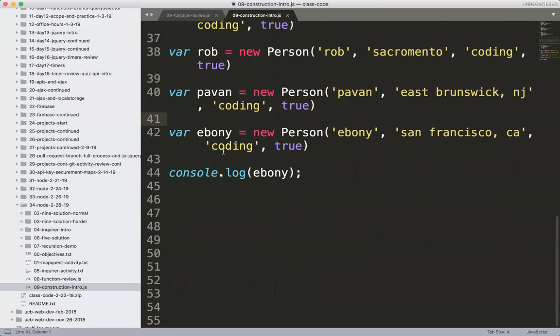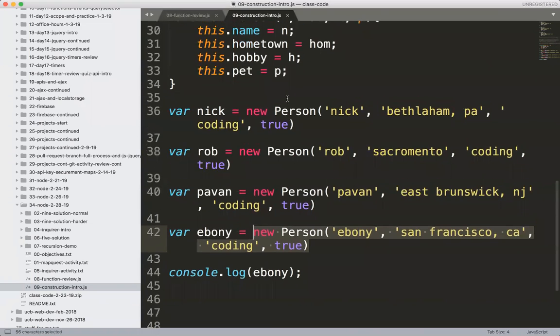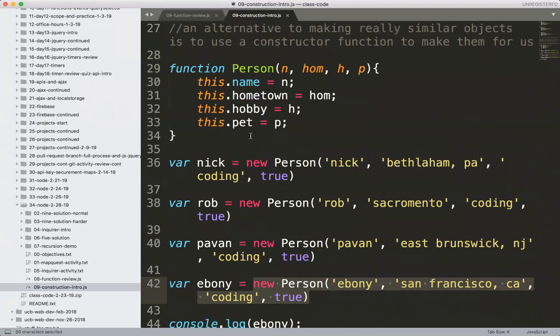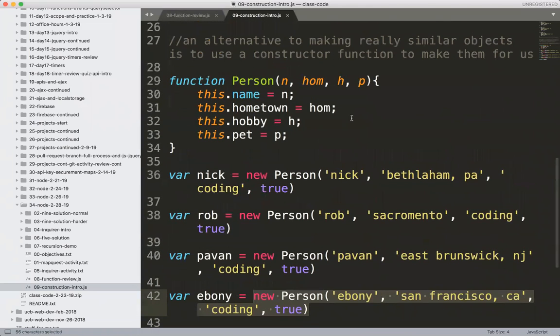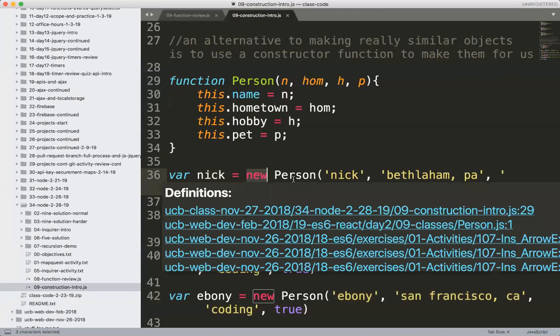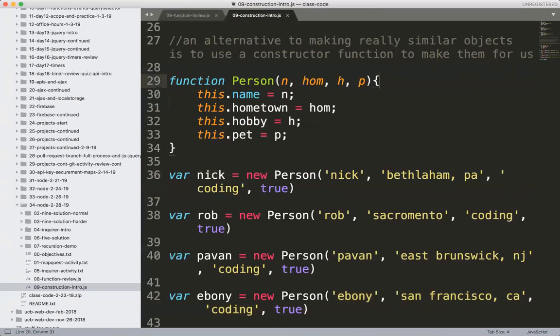Right here, I just did var, and I just console logged it right here and made this. So what exactly is happening? What's happening here is I'm making a variable called Nick. I'm calling the person function, but I'm putting the word new in front of it. And we've never done this before. So when you put the word new in front of something,